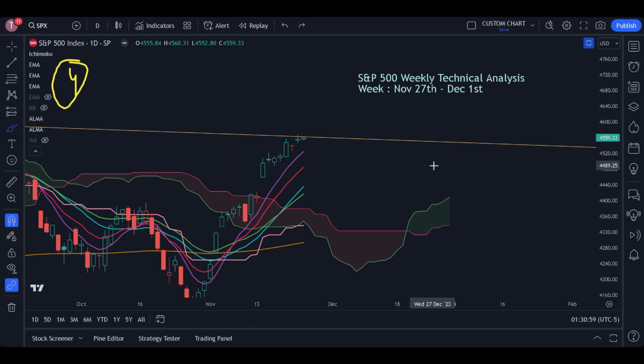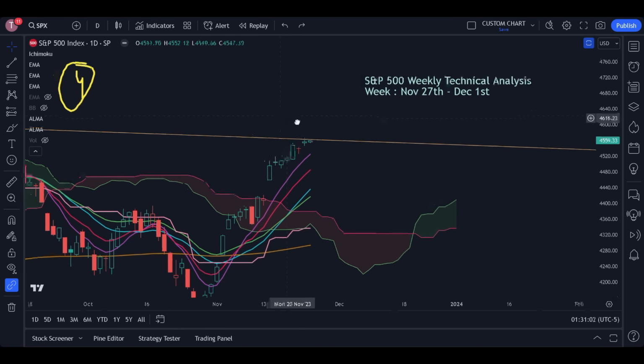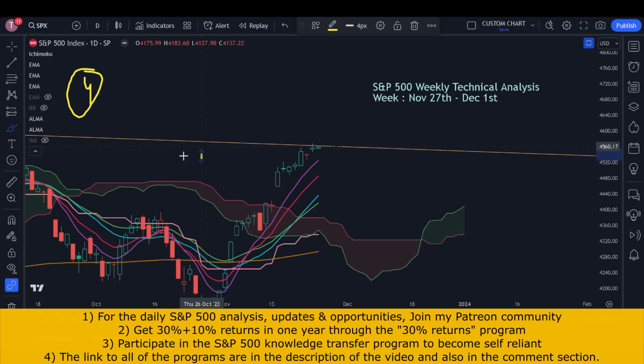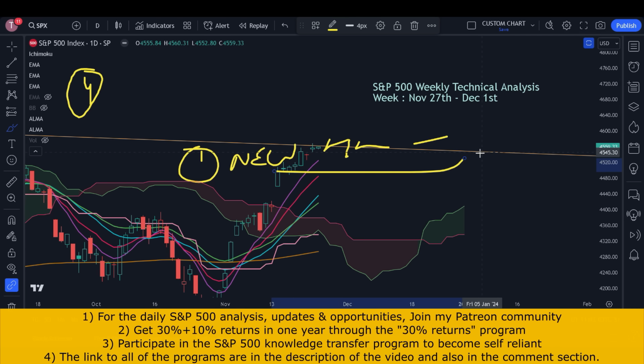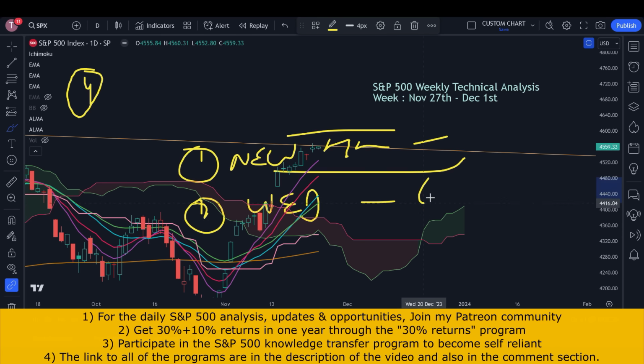Now before that, you must understand a few things. First, on Monday there will be some new home sales data. Although it is not expected to impact the stock market heavily, there will be some impact. And if the market wants to neglect the data, then in that case it can. However, on Wednesday there will be the GDP data.